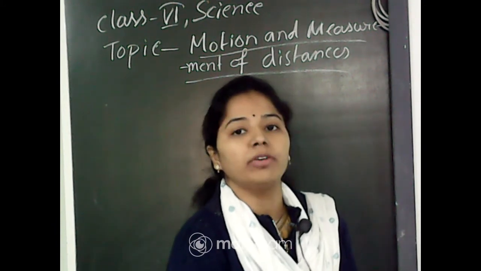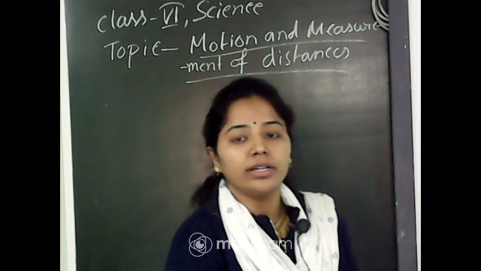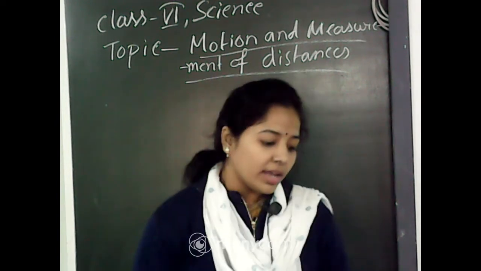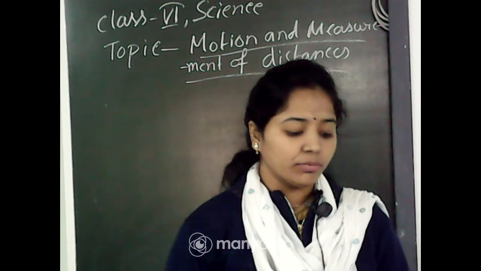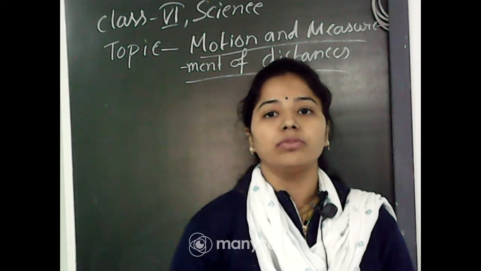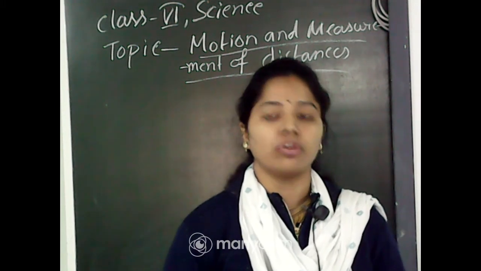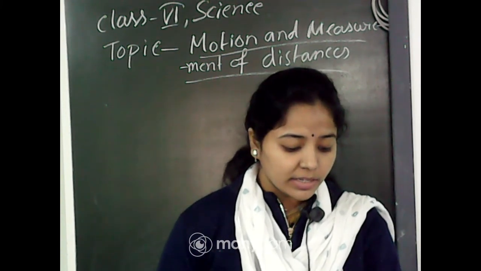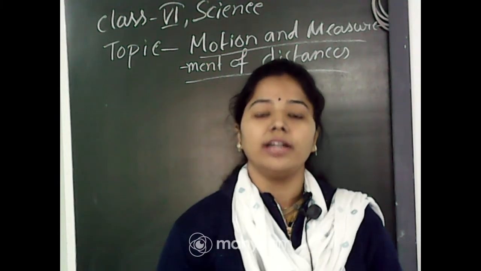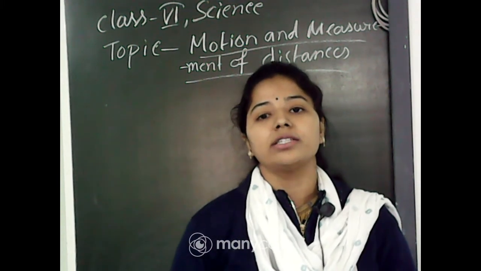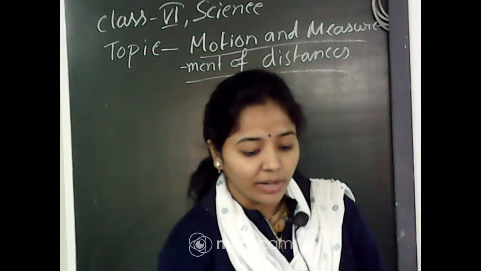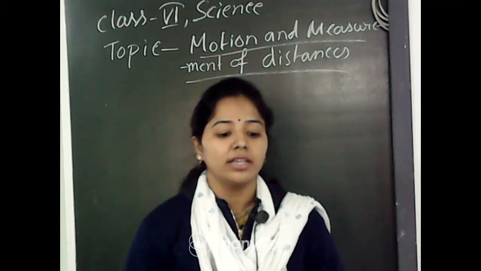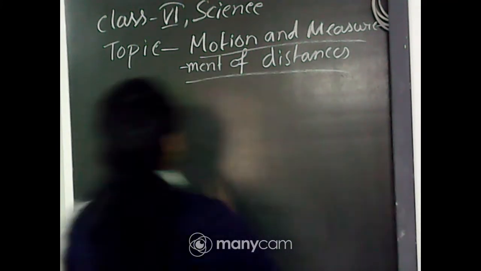I hope most of you have an idea about motion and rest. Motion is a state of an object in which it is moving from one place to another, and rest is just the opposite of motion. Rest is all the stationary objects that are not in motion. So motion and rest are opposite of each other. Understood everyone? And there are particularly 4 types of motion in your book.